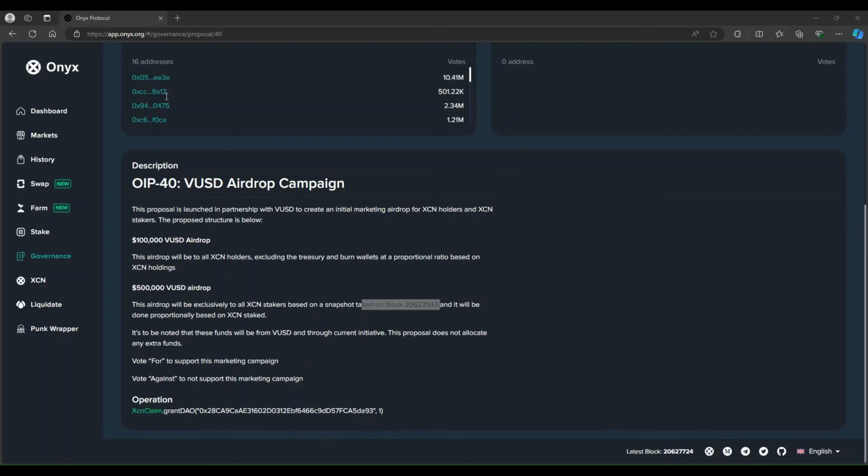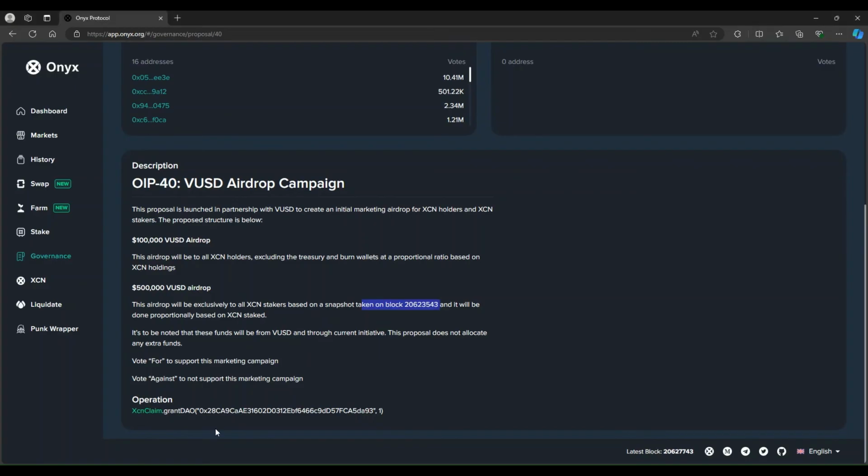Another zero. There we go. So essentially what I'm looking at is $17 for the 100K airdrop out of the total circulating supply, and a little bit more on the 500K airdrop of $86. And look at that. I get potentially between the two drops almost 74,000 XCN. Free XCN you can get. So highly encourage you, whatever your bag is, go through and stake it. One, because you get 30% yield that we talked about.